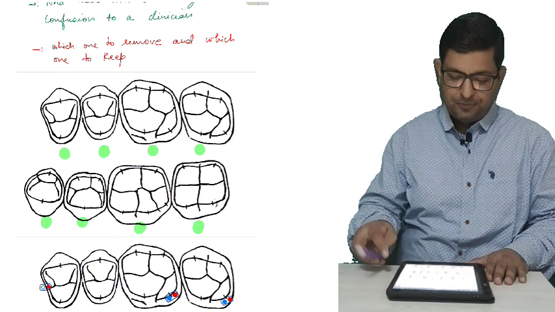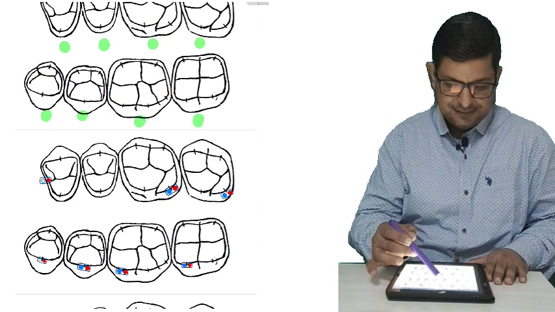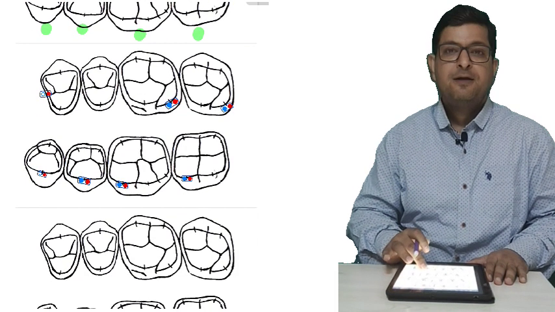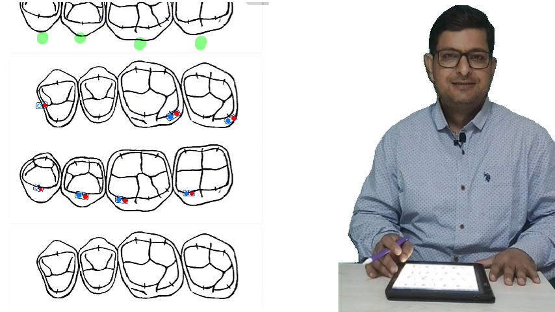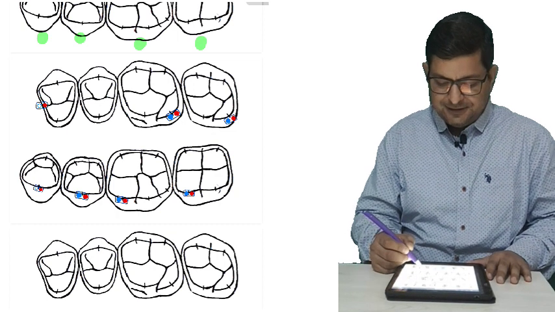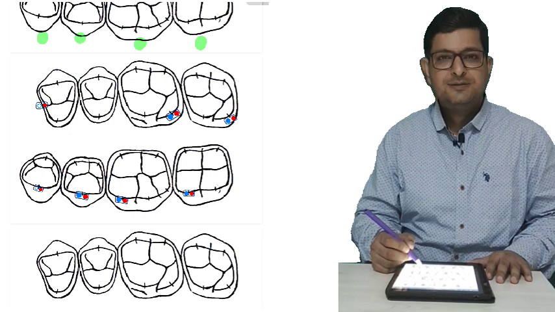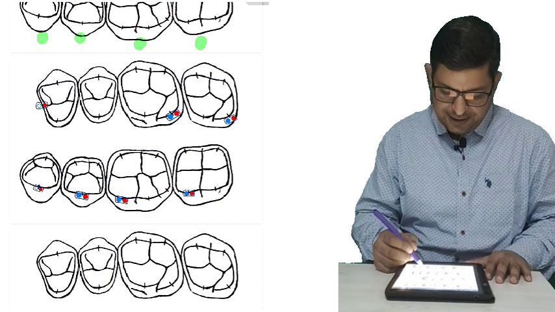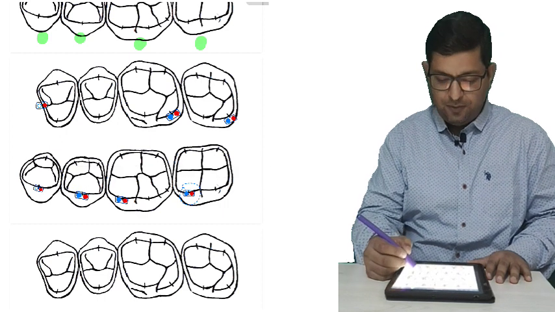After drawing this, you can practice the points. First we will discuss the 2-point contacts, one tooth to two teeth contact. Let's start from here. I am starting from the mesiobuccal cusp of the lower second molar. This cusp will go and contact